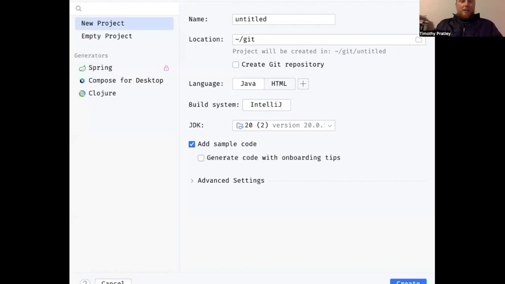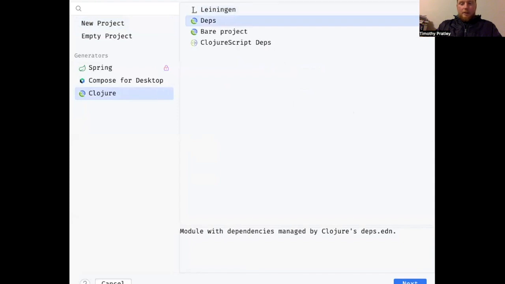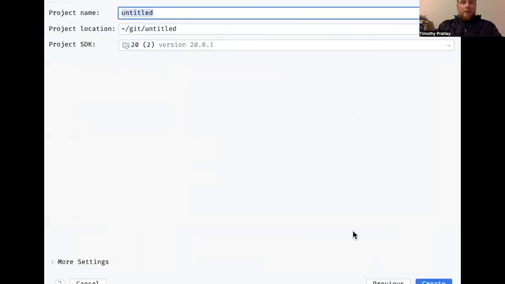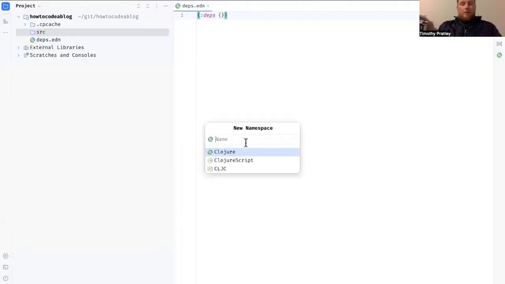Hello, everybody. Today, we're going to be doing some literate programming, which is my way of saying I'm going to write a blog post and some code at the same time. So we're going to start a new project, the Clojure Deps project. And let's get started. We're going to start a new Clojure namespace, how to code a blog,